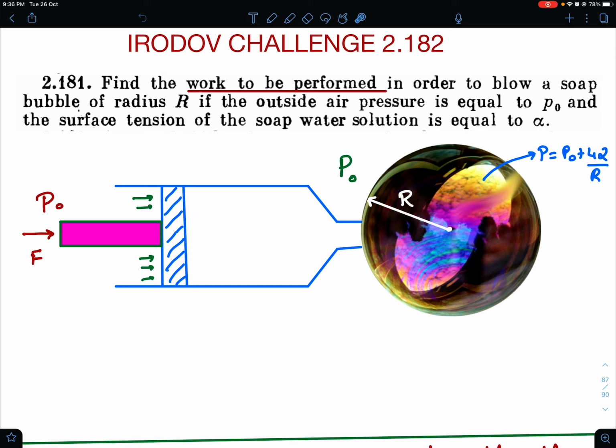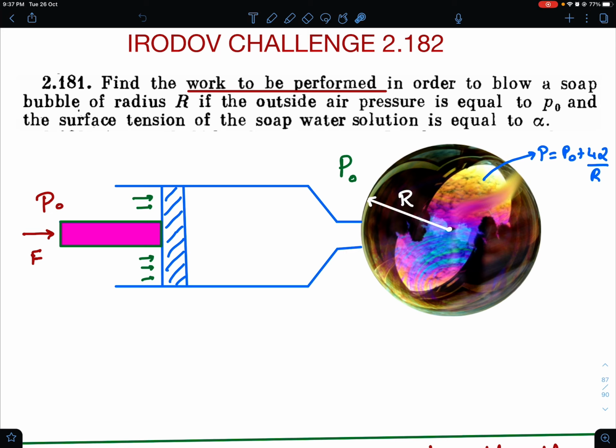So just for visualization's sake, we can imagine that this air was filled in some kind of a syringe arrangement, or a pump, which is filled with air, and gradually this air is being pushed into the bubble. So just imagine that in front of the syringe you created a very small soap film, and you are pushing the air, and accordingly this film is getting inflated in the shape of a bubble.